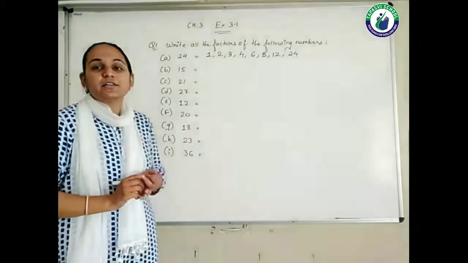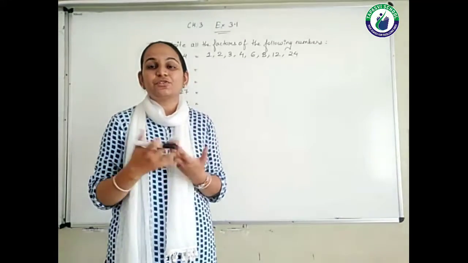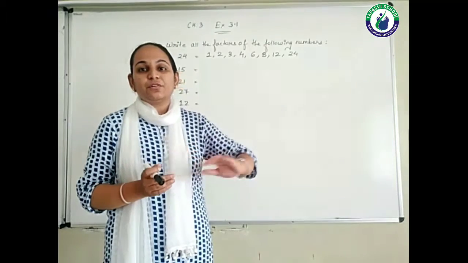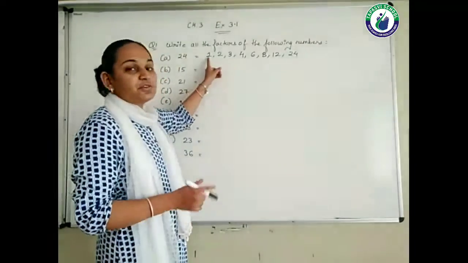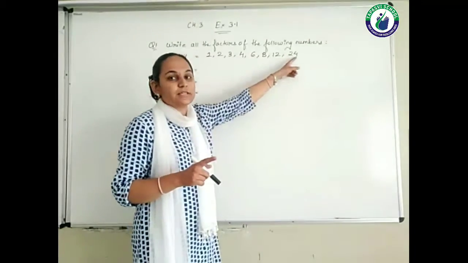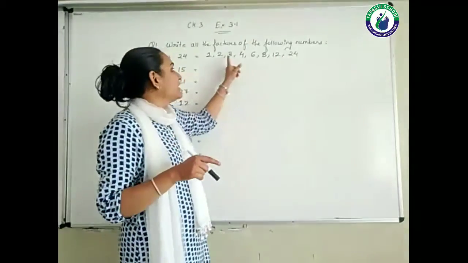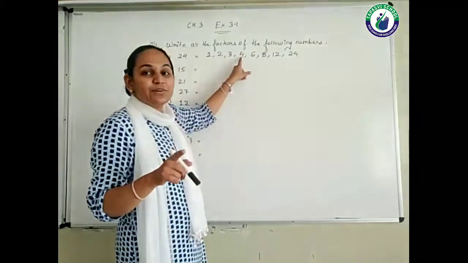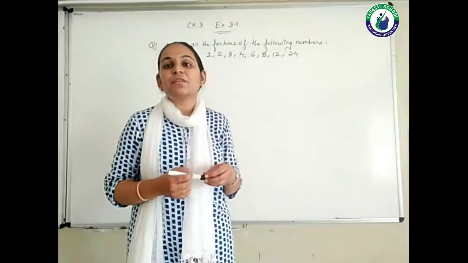Here I'm just showing you something by which you can at least get an idea in which tables it is coming. See, 1 24 is 24, so the 24 table is there, right? 2 12s are 24, so 12 is also there. 3 8s are 24, so 8 is also there. 4 6s are 24, so 6 is also there. So you can link up like this also.